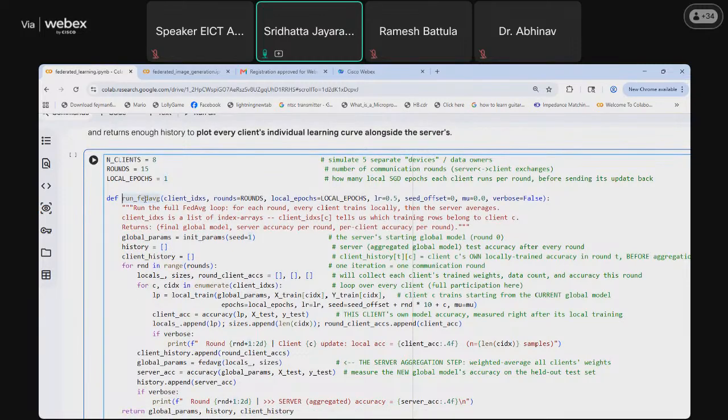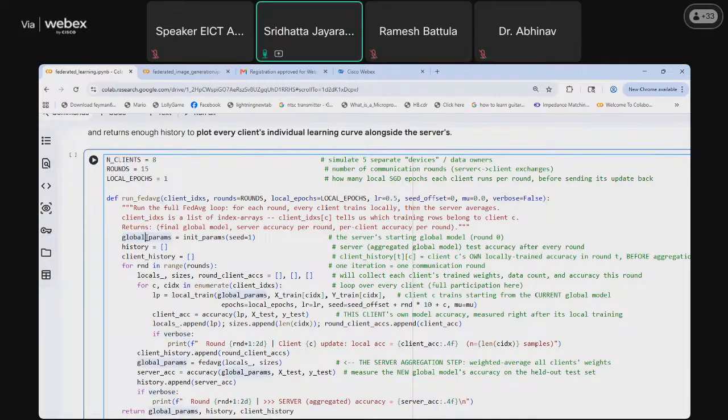This function takes as input the client IDs, basically the IDs of each client, the number of rounds, or the total number of rounds that the federated learning has to run, the local epochs, that is how much training is to be done for each client, the learning rate, the seed offset, the mu, and the verbose flag, if you want to print the data after each round update.